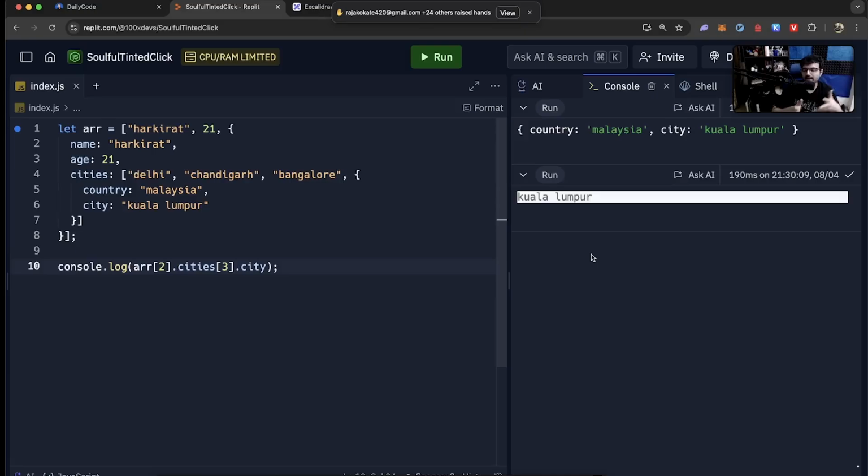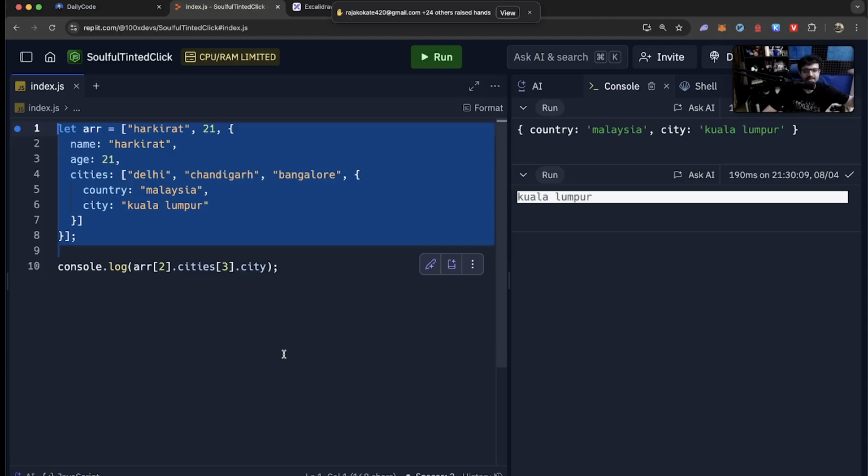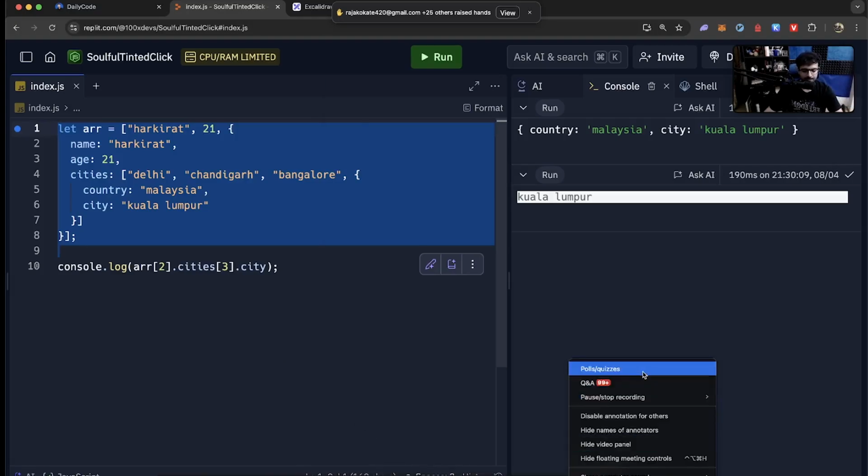So I can keep going further and further, but do we understand this is slightly ugly to read logic as well? You can write it, you can go as deep as you want, doesn't mean you should. But that also does mean if you look at this code, you should now understand hopefully what it is doing: just having a very complex nested object. What does nesting mean? Nesting means एक चीज के अंदर दूसरी चीज के अंदर दूसरी चीज. City, array inside object inside array inside object, like that. Do we understand nested objects?